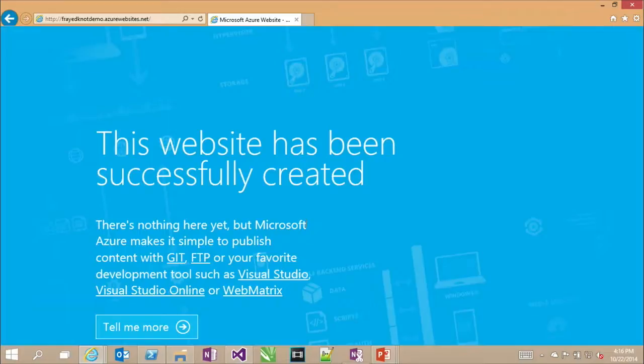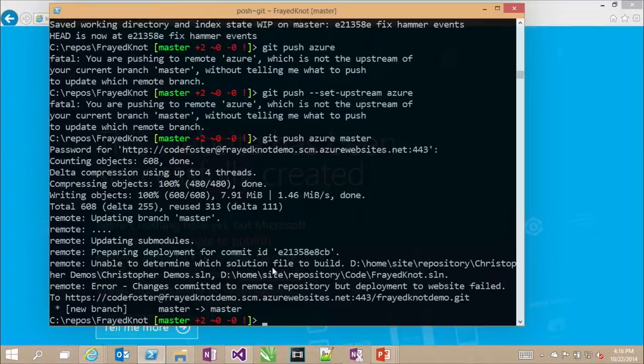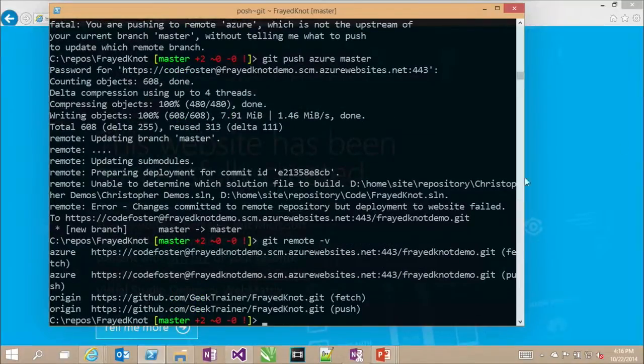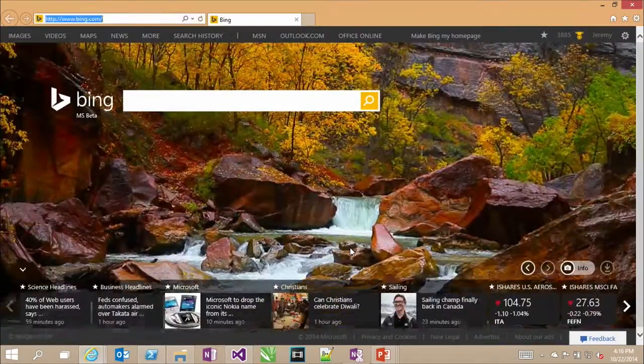Okay, so now the funny thing about this, I want you to notice this remote address. Notice that the remote contains this SCM in it. That's kind of interesting. So my address was afraidnotdemo.azurewebsites.net, and yet this is saying .scm.azurewebsites.net. Now, if I just go to that,